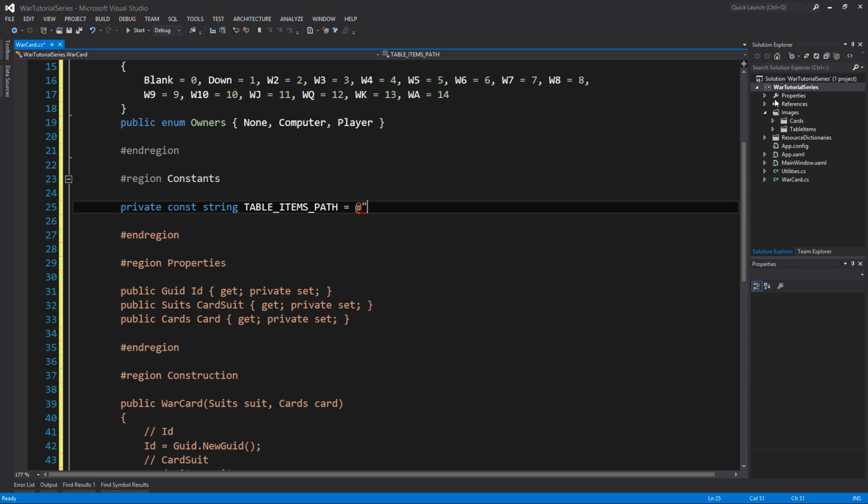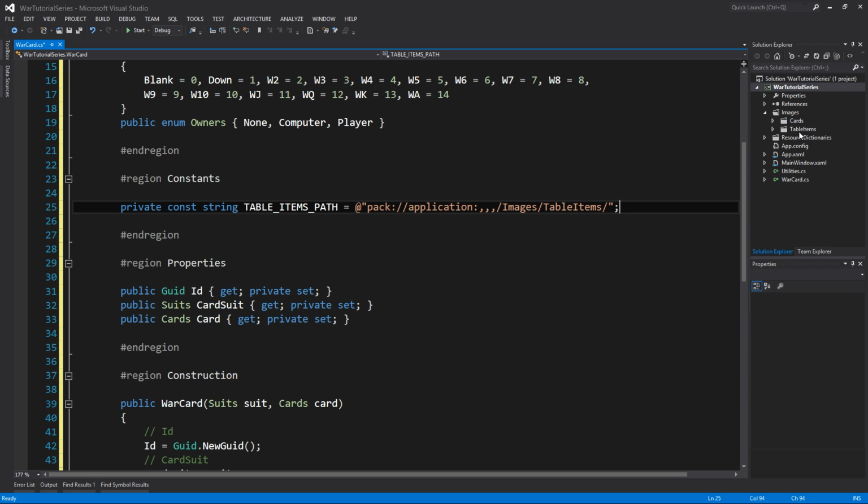Okay, so we got to go into the application, look in the images folder, and then look in the table items folder. I'm not really going to go too in depth into exactly what the first part of this means. If you don't understand it and you want to know more about it, then we can get together in the forums or something like that. But we're going to put in pack:/ application:/ now the folder we're going to look in is going to be images, so we're going to put images/ and then we're going to look in table items/